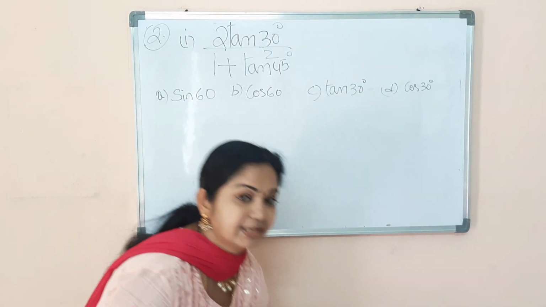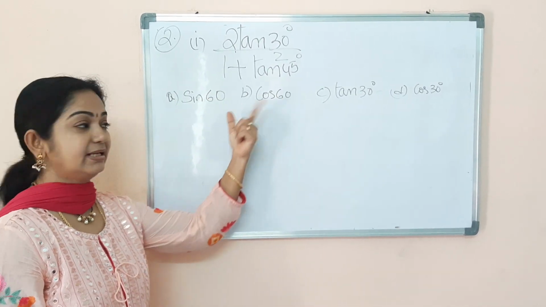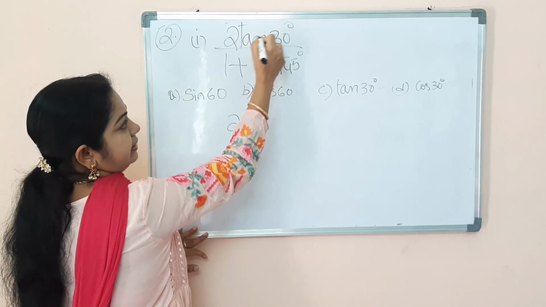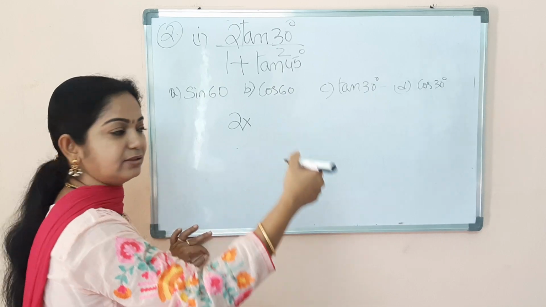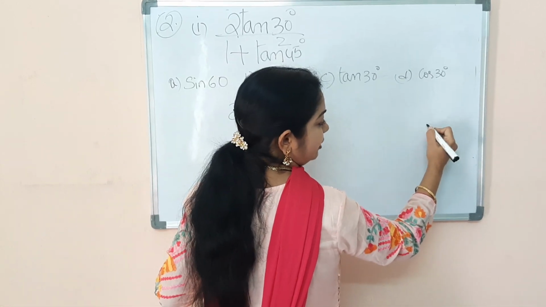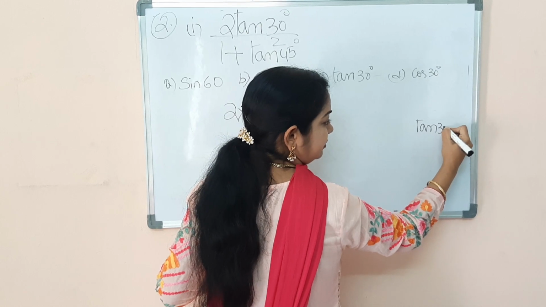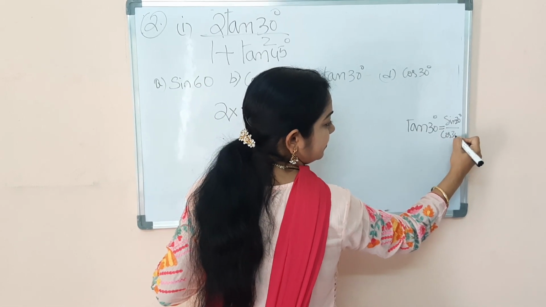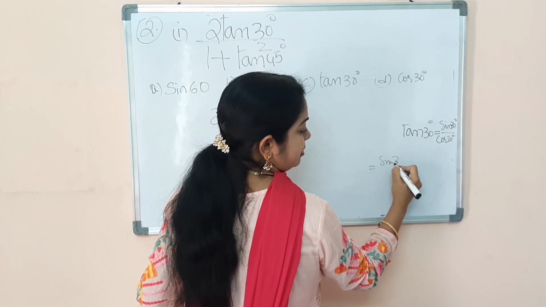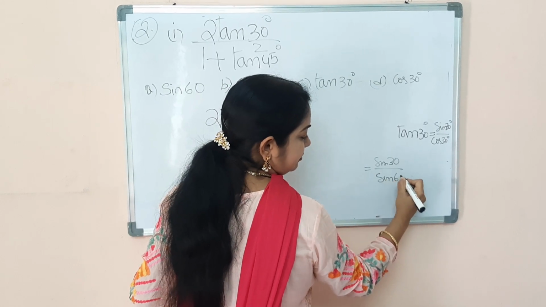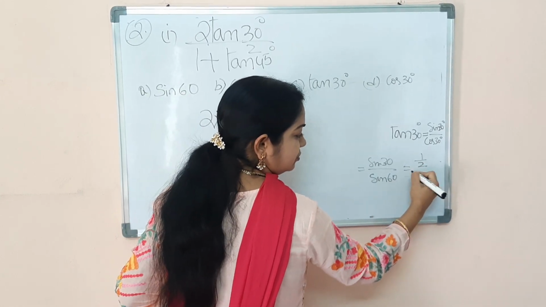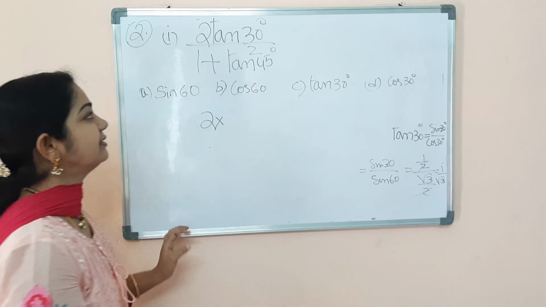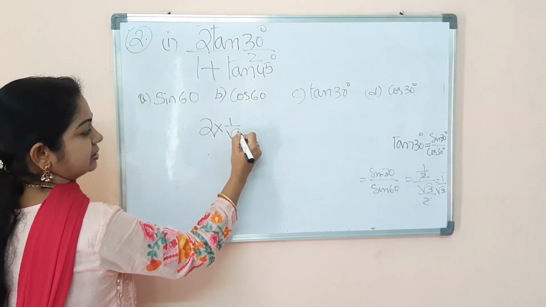So likewise, in the examination, we get half-mark bits like this using the trigonometric values. Now, we'll take 2 multiplied by tan 30. Tan 30 is sin 30 by cos 30. So, we are not writing the tabular column. If you want, you can write the tabular column, or you can do this in rough. Sin 30 by cos 30, here sin 30 by sin 60, because cos 30 is sin 60. So 1 by 2 by root 3 by 2. Just cancel off, you get 1 by root 3. So tan 30 is 1 by root 3.